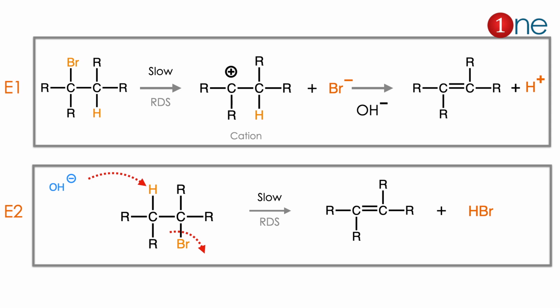Let us quickly see what is E1 and E2. E1 means the first step involves the breaking of the Br bond to form the cation. Then the second step is the leaving of H+, so you get the alkene. Here two steps are there. Only one molecule is involved in the rate determining step, so it's E1. E2 means two molecules are involved, which is base and reactant. Both are involved at the same time in the rate determining step, so it is E2 reaction. Both are elimination reactions. Two steps means it's E1. One step means it's E2.